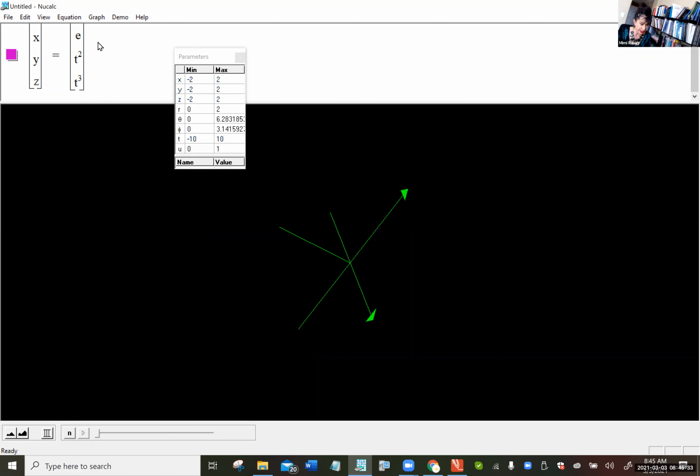So what if we graph the other parameterization of it? What if I have e to the t, and they're just using u as a dummy variable there. So here I'll go e to the 2t, and then here I'll go